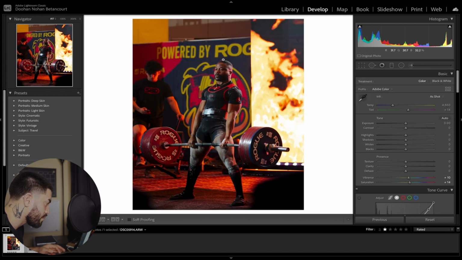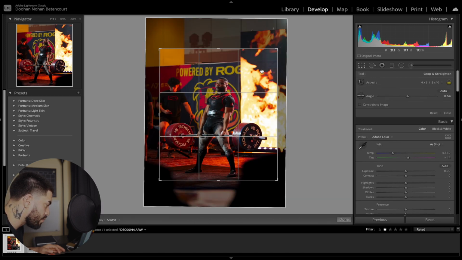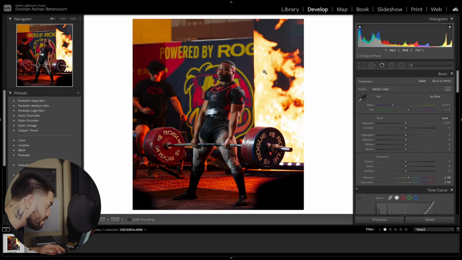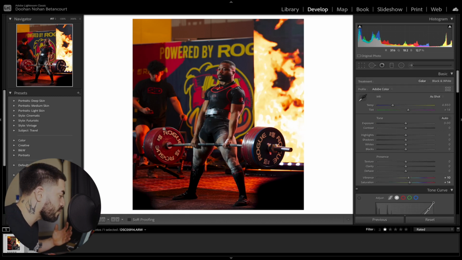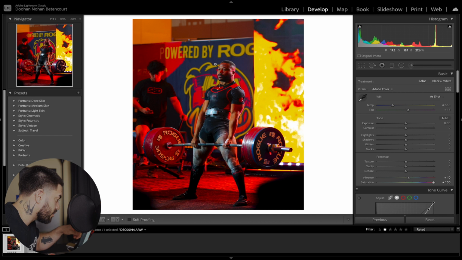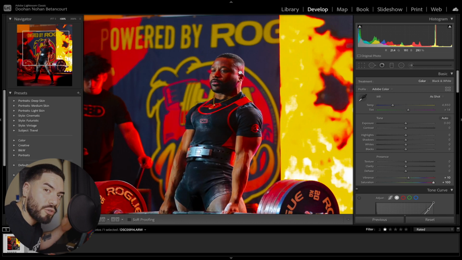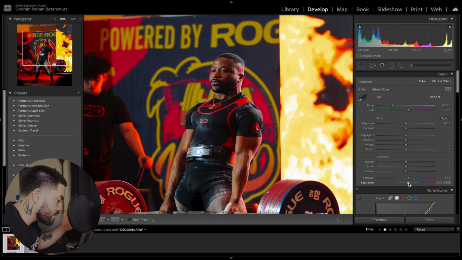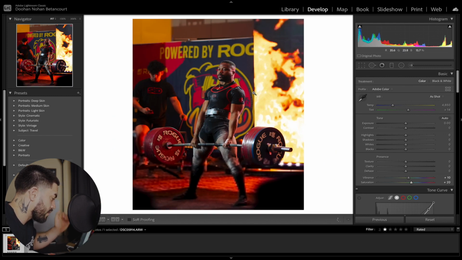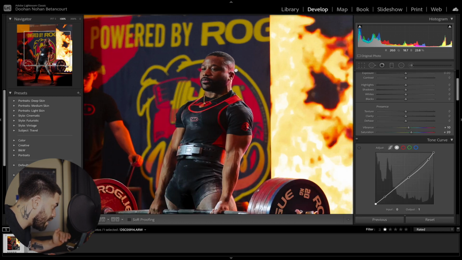So yeah, even then that's a perfect picture right there. It's beautiful. Like the colors are very well saturated to where they're not being crushed, right? If we were to go all the way up, you're gonna really see the colors in his face already being crushed and overly done. So it's saturated, yes, but not too much to where it is being crushed. That's just perfect for me, in my opinion.